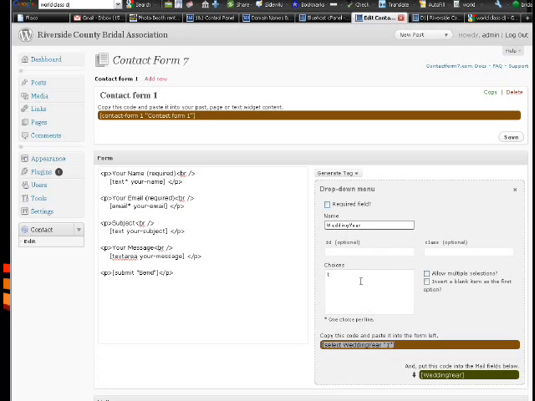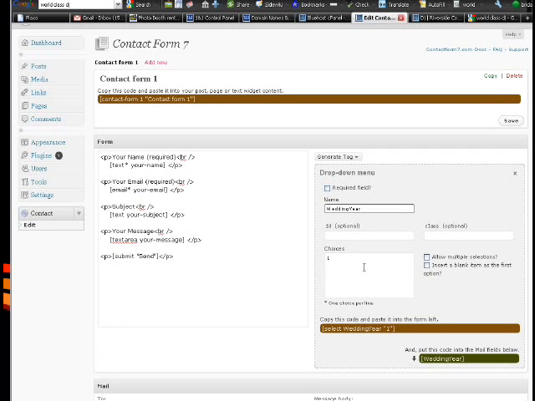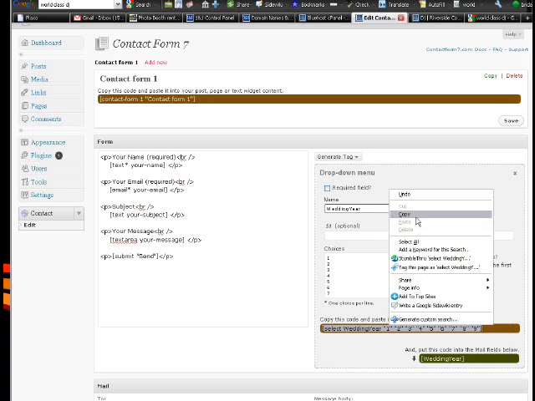And then you've got your choices. January, February, March, April, May, June, July, August, so on and so forth. These are my choices. They can be words, they can be whatever you want. Okay, and you can allow multiple selections if you want, and you can insert a blank line. But once you do that, it updates right here, and this is what you want to take and copy